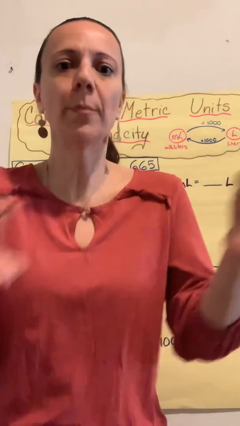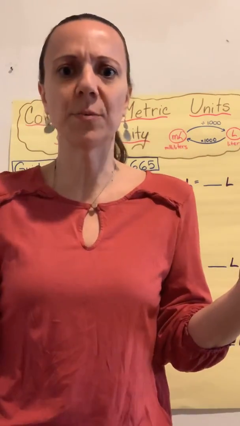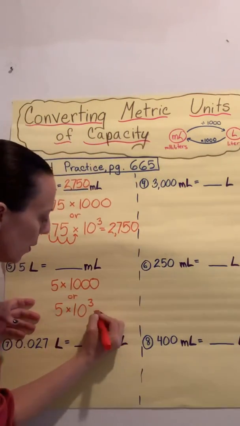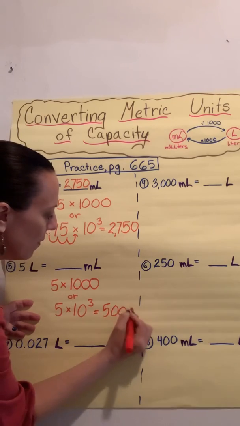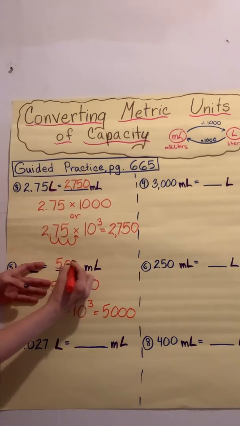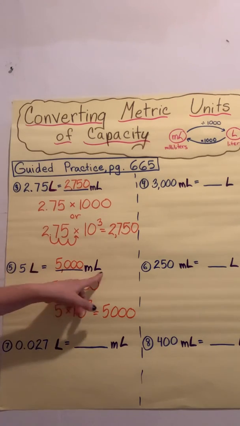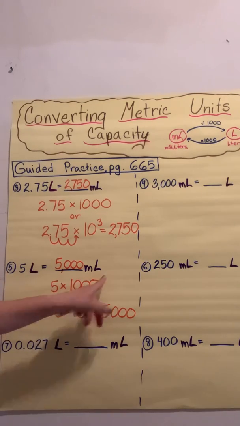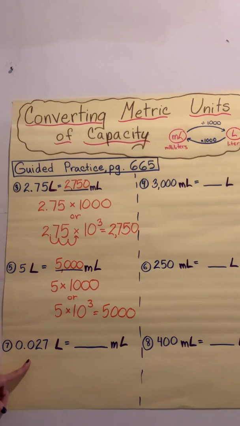If I do a whole number times 1,000, I just annex 3 zeros. So this is equivalent to 5,000. So 5 liters is equivalent to 5,000 milliliters. Oh, and finally on this side, we have